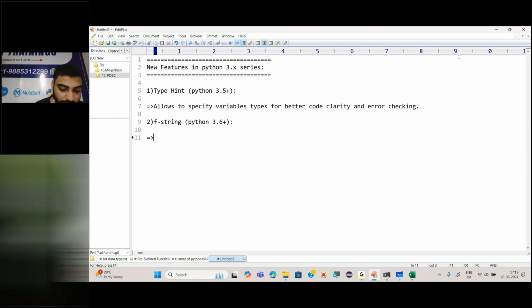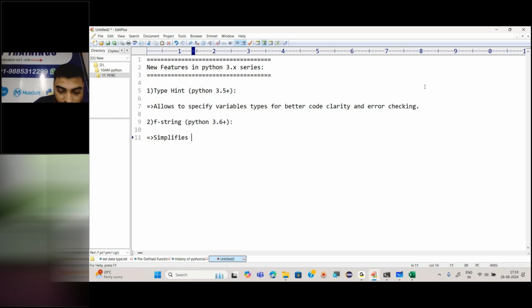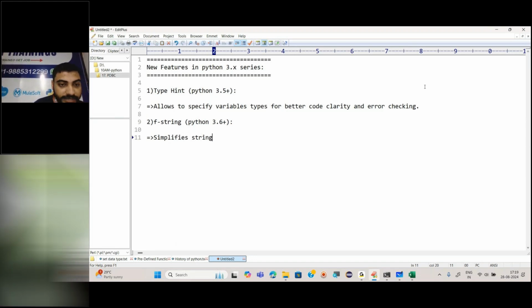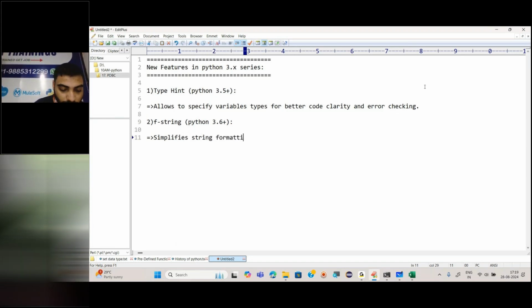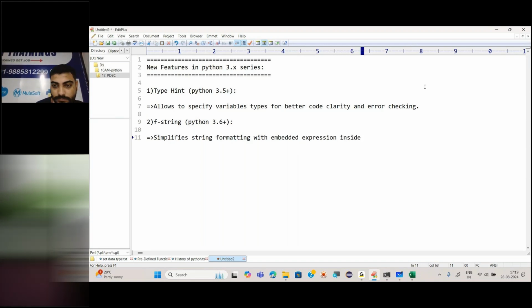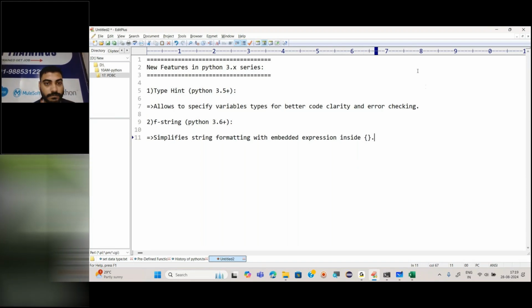And what this f-string does, let me show you, is simplify string formatting with embedded expressions inside curly braces. Let me show you how.